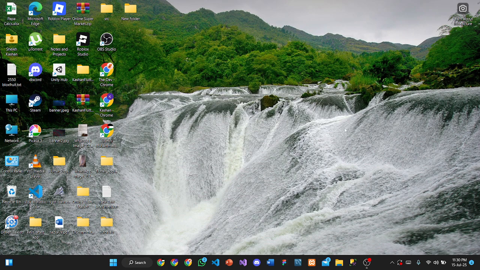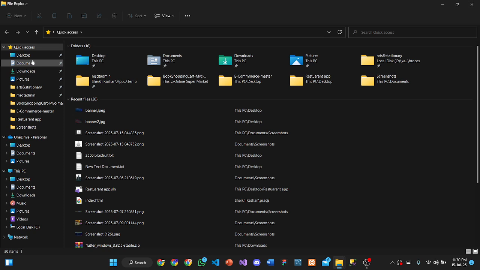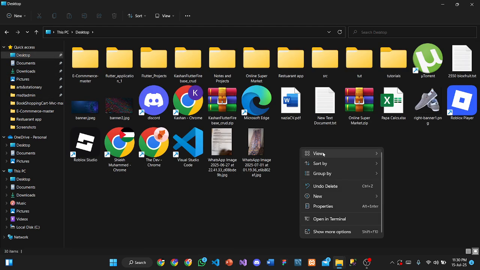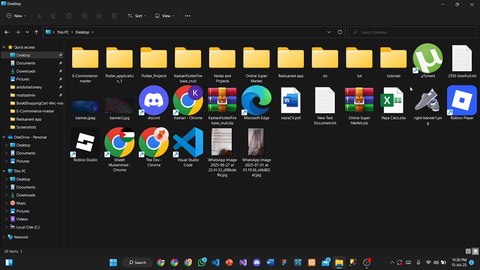My first video is about how to create a loader through HTML and CSS web development. So first of all we will open File Explorer and then we will go to any of the folders in which we want to create our folder for our coding. I am going to desktop and here I will create a folder named my tutorial